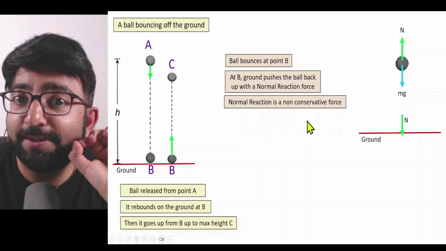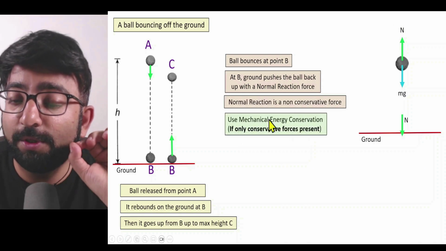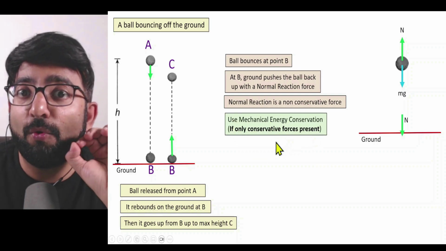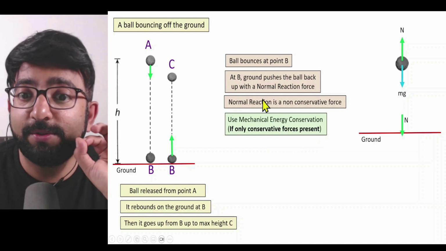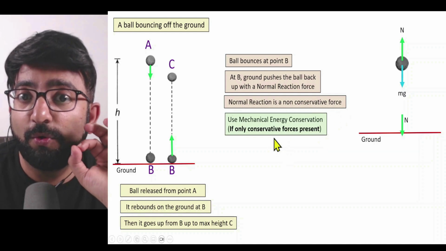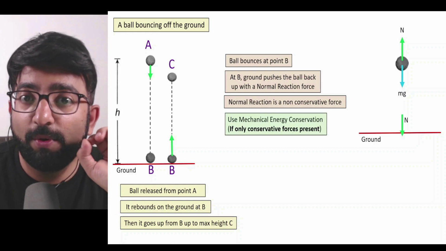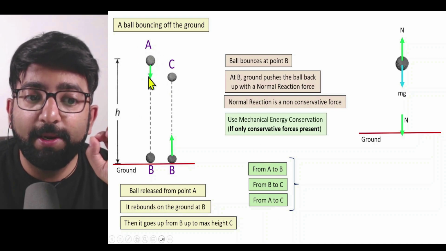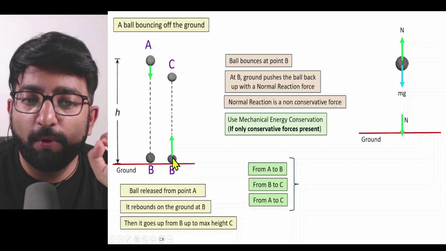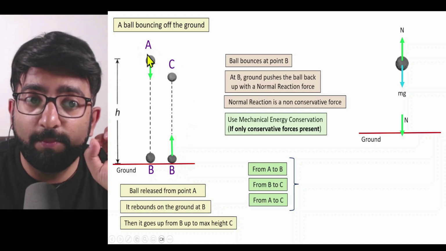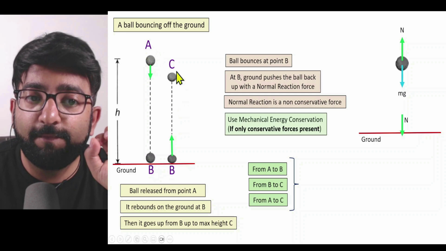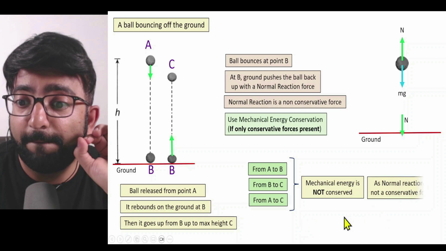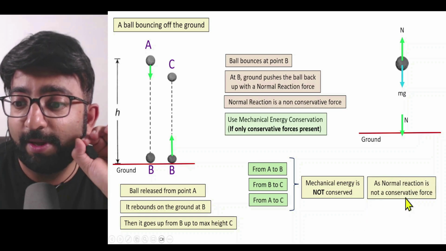Now, normal reaction is a non-conservative force, and we already know the principle that we can use the mechanical energy conservation easily if only conservative forces are present. Now, since we have a non-conservative force, mechanical energy cannot be conserved. So let us summarize. Consider all these points. If the object is going from A to B, or from B to C, or we consider the entire motion starting from A all the way till the final point, in these motions we cannot apply mechanical energy conservation because of the presence of normal reaction,